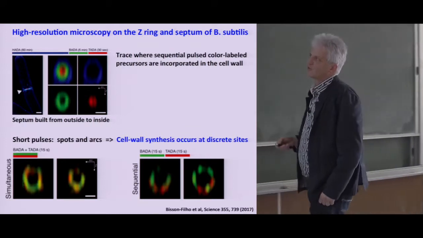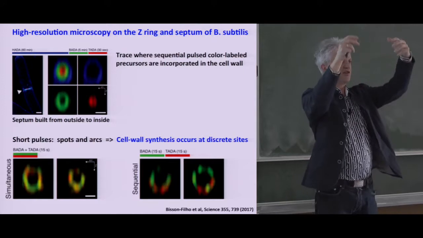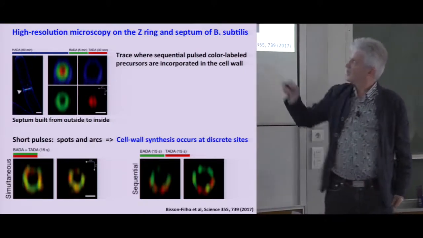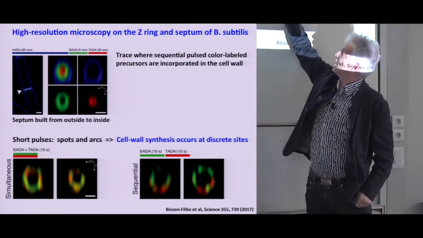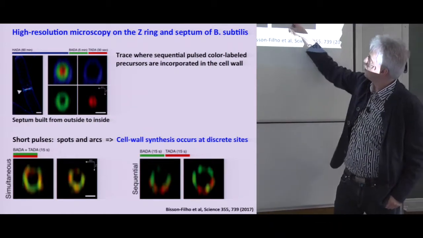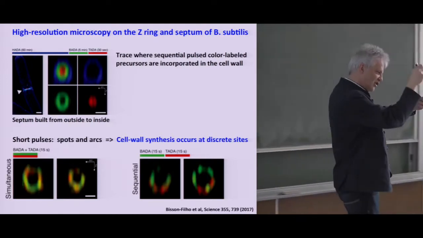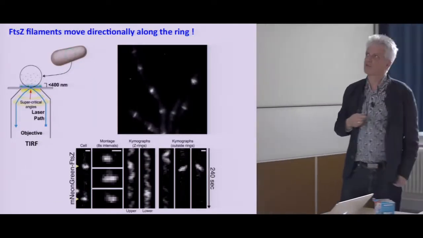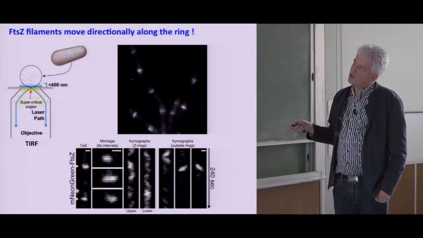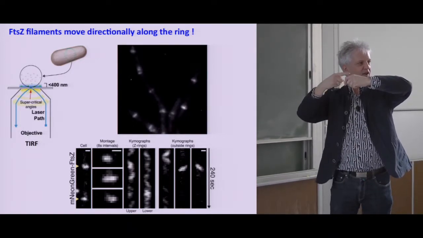But what was interesting and unexpected is that this cell wall would not be built everywhere homogeneously, a little bit and then going from the outside to the inside, but it would go in patches. And if you did two patches behind it, first in blue, green and then in red, these patches would always be neighbors of each other, suggesting that it's built sequentially along the cell circumference. And indeed, we found that these FtsZ filaments move along the circumference of this